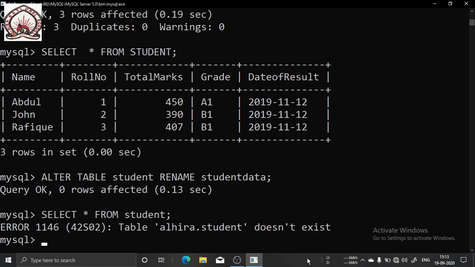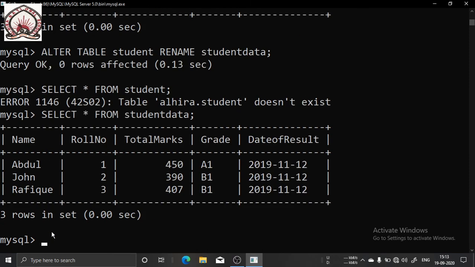When I give this command, you can see it shows that there is no table named student in the database. Now I give select star from student data. Now see, it is showing. That means my table name got changed from student to student data.